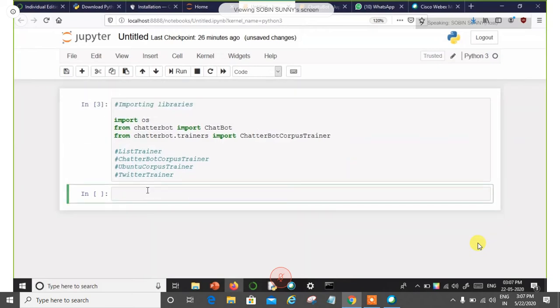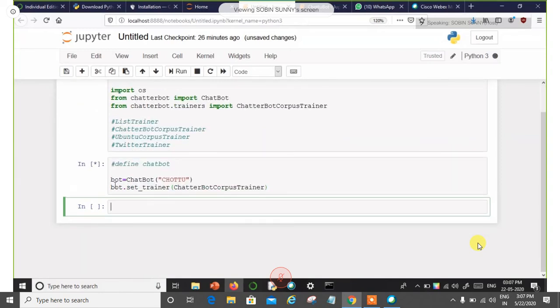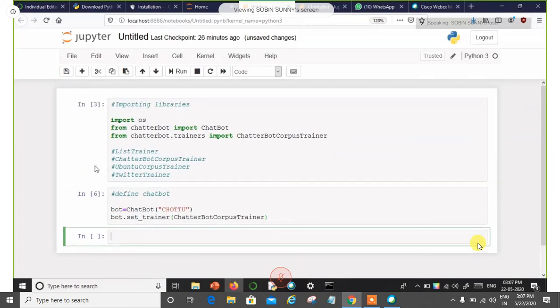Now I'll copy the same lines into this one and run the cell. You can see this star. If it is a star instead of a number, it shows that the cell is still running. If it's showing some number, it means the cell has been accepted by the system without any errors.